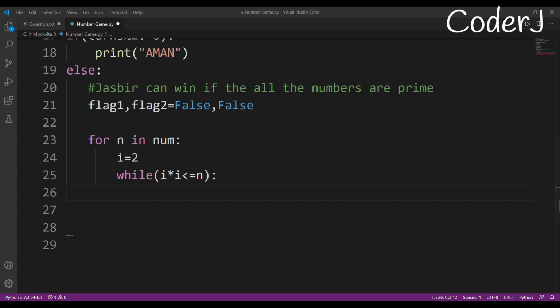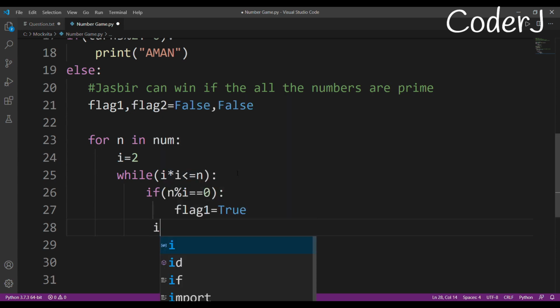This indentation in Python sometimes really sucks. If n modulus i is equal to 0, then I'll set flag 1 to true, which means that not all the numbers are prime. And if flag 1 is true, I just break.